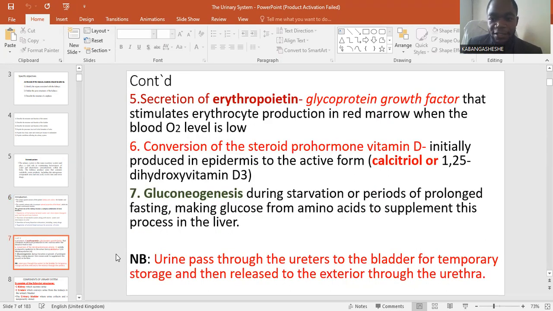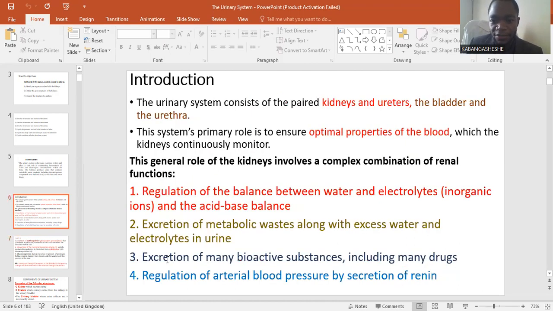Then, apart from that, the kidneys also produce certain substances that may be referred to as hormones. Among them is erythropoietin. Erythropoietin is essential for production of red blood cells by the bone marrow. In addition, there's also a factor produced by the kidneys known as renin. Renin is essential in regulation of blood volume. At the same time, renin activates aldosterone, which is a hormone produced by the suprarenal glands or the adrenal glands. And as such, aldosterone will help